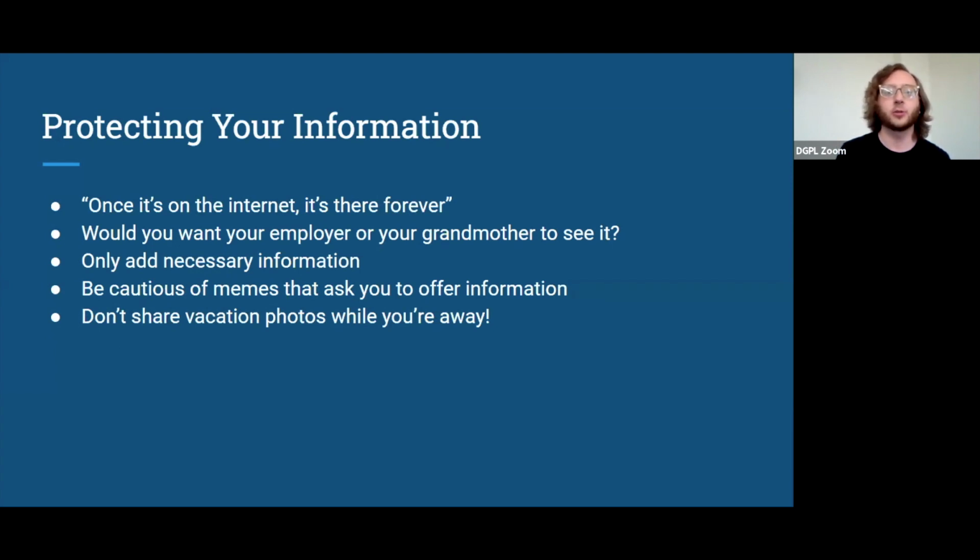They might even be able to save, for example, a photo. And once they have a digital copy of it, they can continue to disseminate it if they so choose. So just be wary, be smart about what you post.